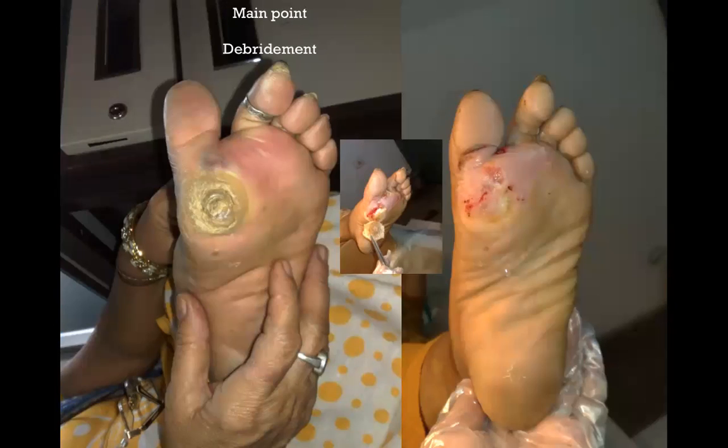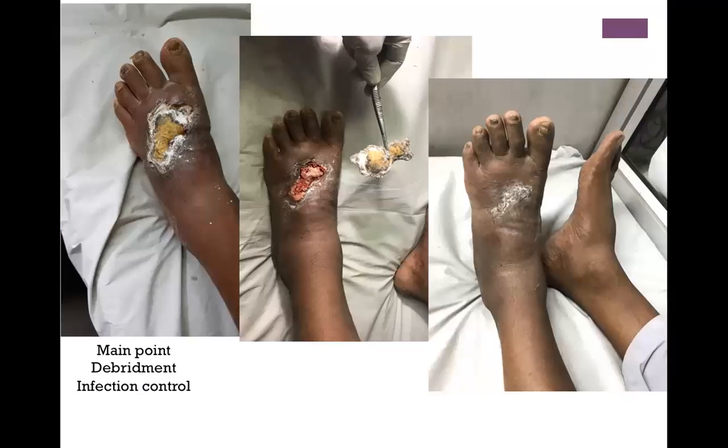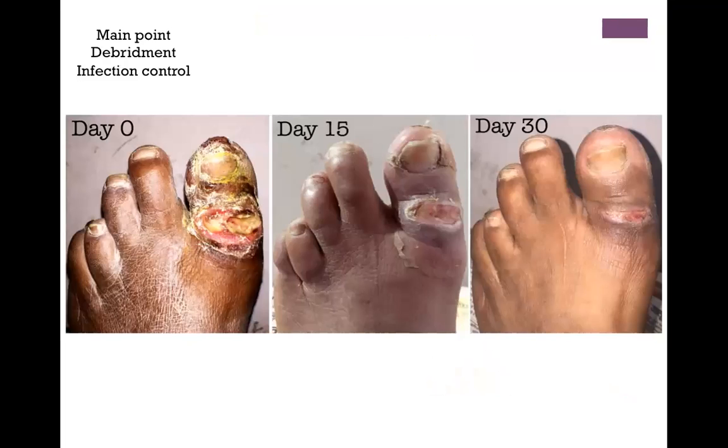Callus plus infection, main role was debridement, metabolic control, offloading, and dressings, and the lesion healed. In this case, lesion was there, debridement was done, footwear change was done, and infection control, and the lesion healed. In this case, it is a high risk for great toe amputation, but debridement was done, infection control,